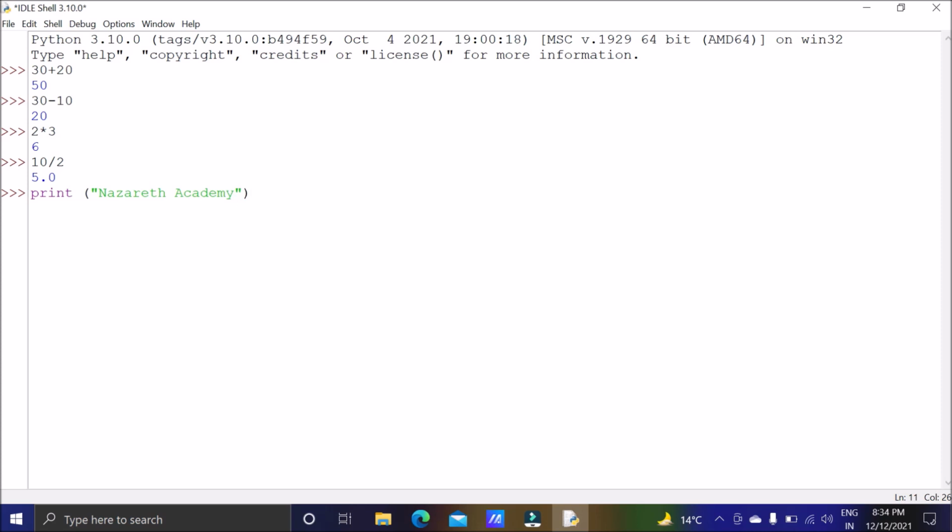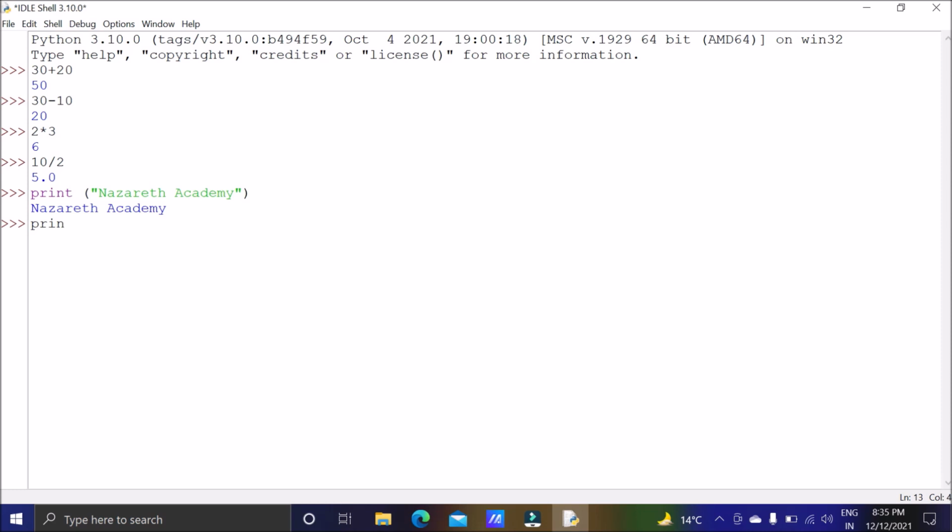Whatever you write inside double quote is called a string and it will get printed as it is. Means if I press enter and I run my code, then Nazrat Academy will get printed as it is. So whatever you write inside the double quotes, it will get printed as it is.